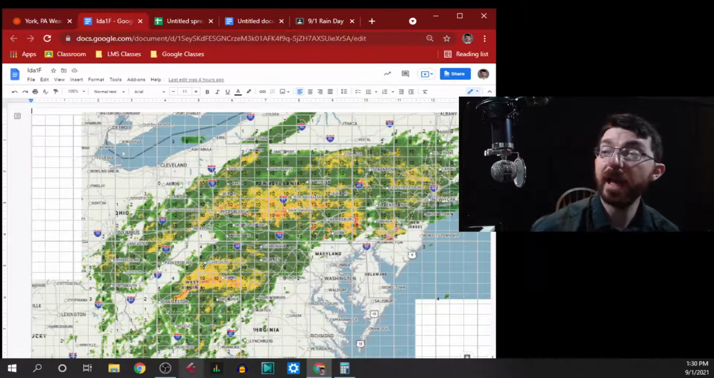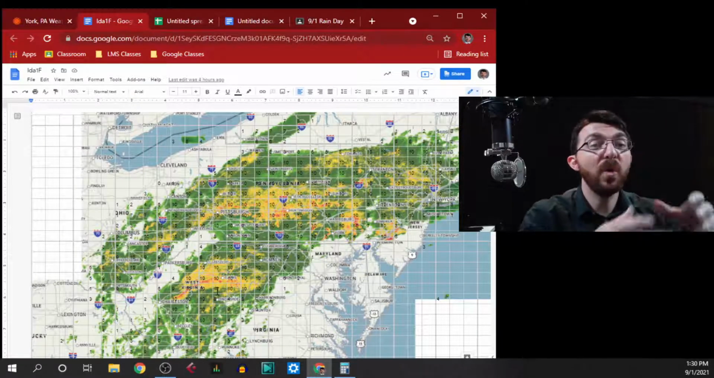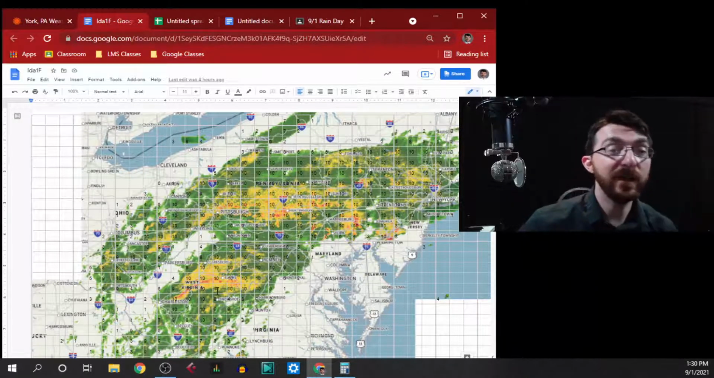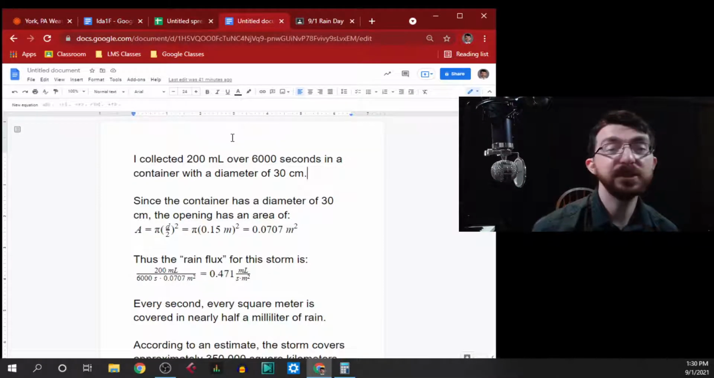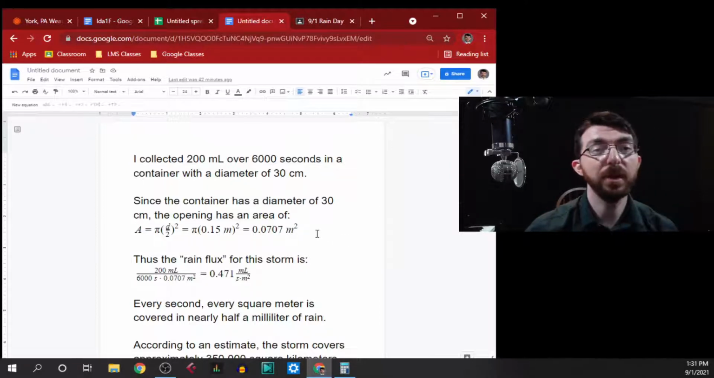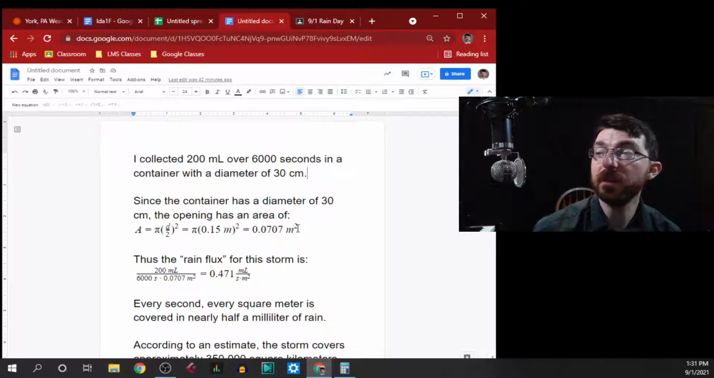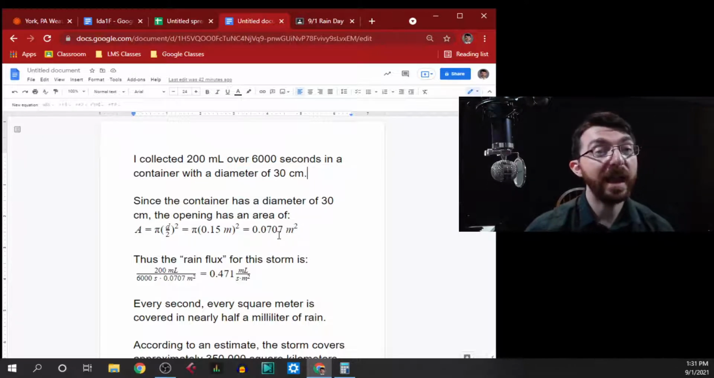What would it be like if I had a container that was able to hold the entire 135,000 square miles of the storm? Okay, so just converting everything into the proper units. You can read this if you're interested in all the details, but essentially I just got the area of the opening,